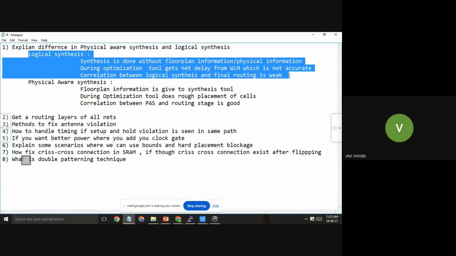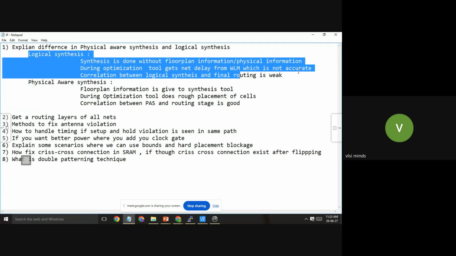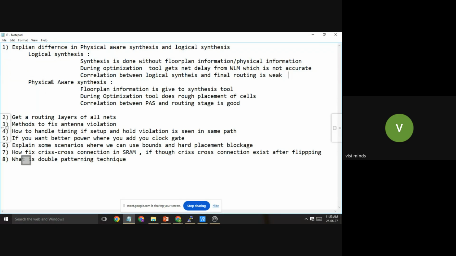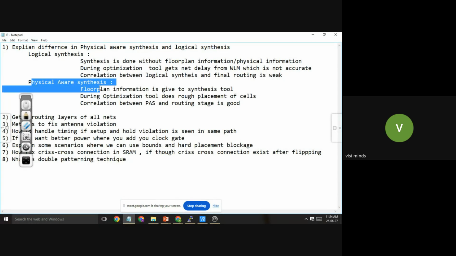That depends upon the company, right? What method they use. See, what one of the students has mentioned is even the right logic: a project happens in 3 phases, P1, P2, P3. P1 is the starting phase of the project. In the P1 stage, we can do logic synthesis and create the floor plan. From P2, we can depend only on physical aware synthesis, because we already know what the floor plan is, right? To create this floor plan, we should know the cell count. So even though we will get the cell count after physical aware synthesis, to start physical aware synthesis, we need a floor plan. Sir, in industry level, which method is used most?